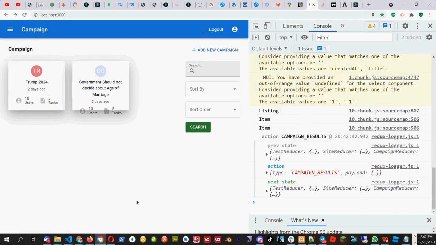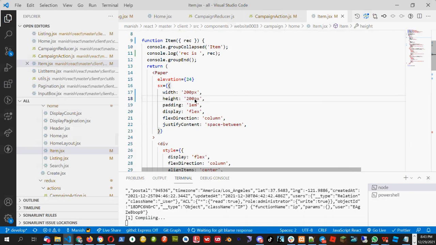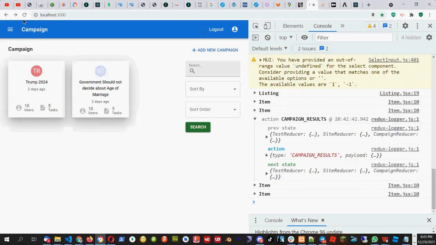Now if I refresh it, I see a different title. Here the title is a little big. We should either increase the height or decrease the size of this text. Right now let's increase the height.